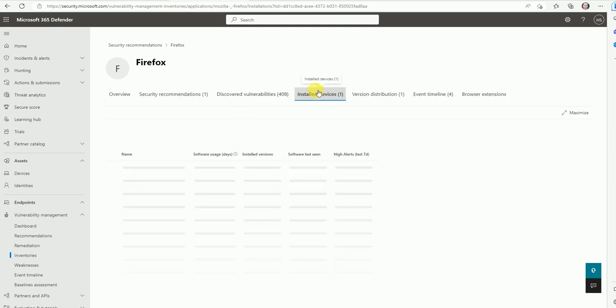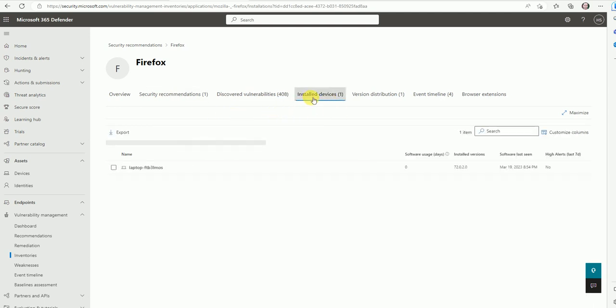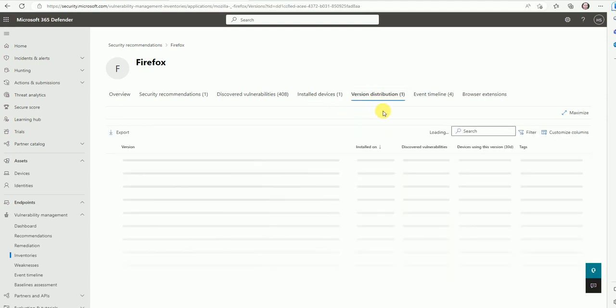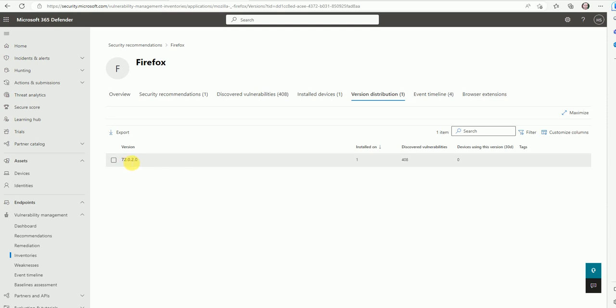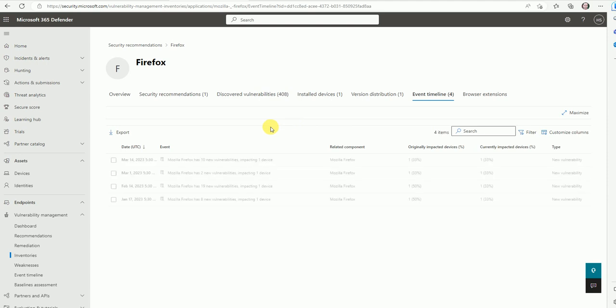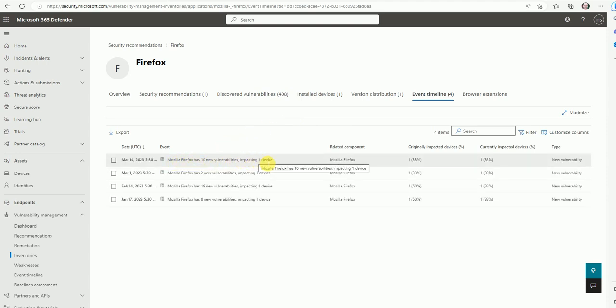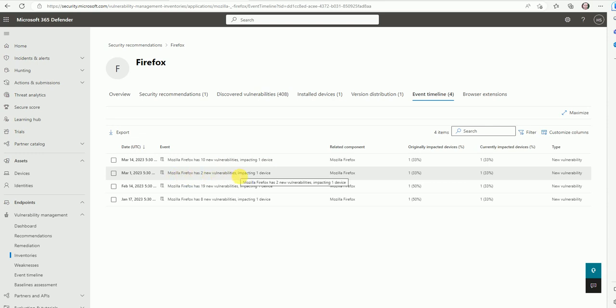Installed devices I explained, where this Mozilla Firefox was installed. The version distribution shows which version is currently deployed, 72.0, and we might need a higher version to fix this vulnerability. Event timelines, so here Mozilla Firefox 10 vulnerability impacted one device, 2 vulnerability,